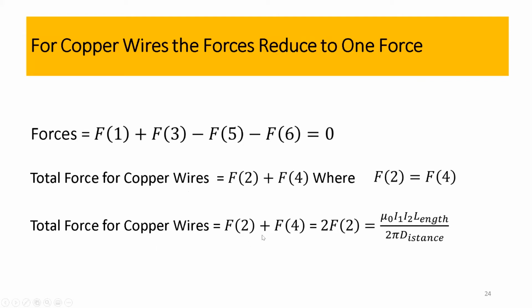Which basically translates into the fact that the force on one wire is going to be equal to the force on the other wire. So forces F1 and F2 get added together, and then you get basically 2F2 or 2F4, which gives you the equation for a current that we see today, which is totally valid. But now if